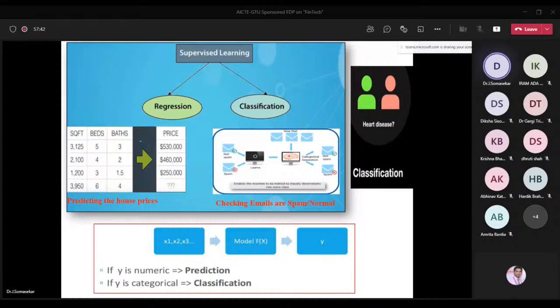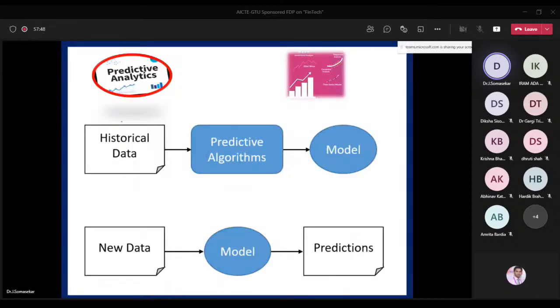So this is an overview. We have historical data. I'm telling the same thing from the first slide. Historical data means Bitcoin data up to yesterday, and we have to apply predictive algorithms. We have many predictive algorithms, out of which we are focusing on regression. Of course, more accurate algorithms are also available. I'm just giving a brief idea, and based on that we can go for further algorithms for Bitcoin price prediction. And based on that, we can make a model.